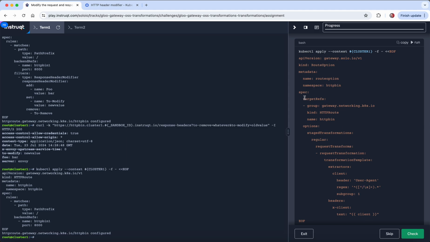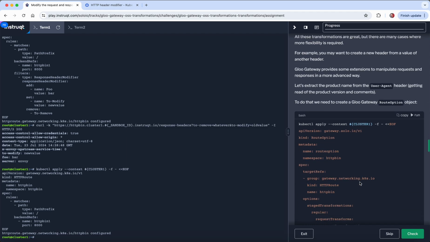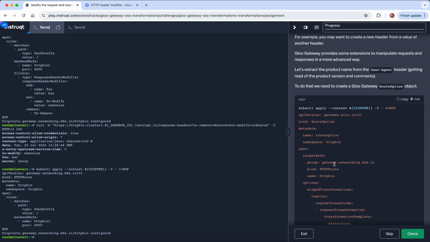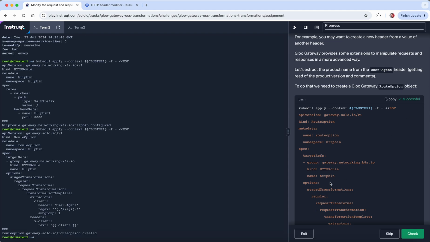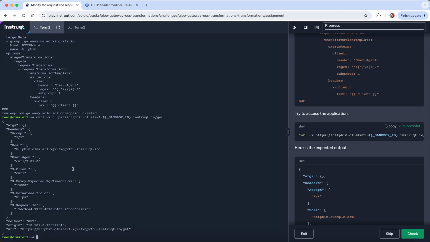And you see here we use this target ref to target the entire HTTP route. So in HTTP route you can have multiple rules. Here we have just one, but if you have multiple ones, when you create a route option and you target the HTTP route that way, that means it's going to be applied to all the routes in this HTTP route, all the rules. So if now I run this curl, I can see I have this new X client with